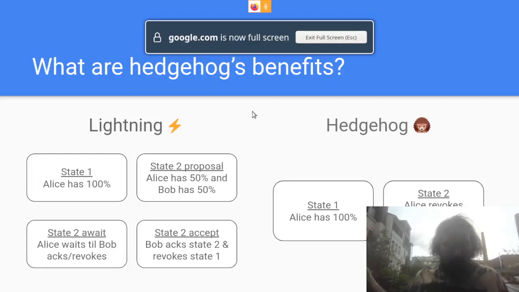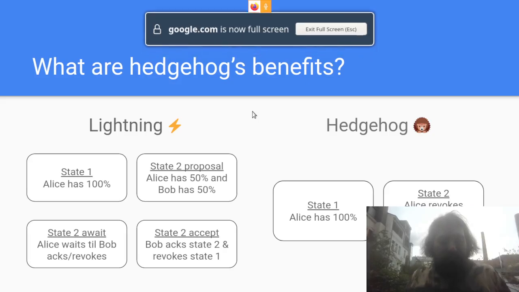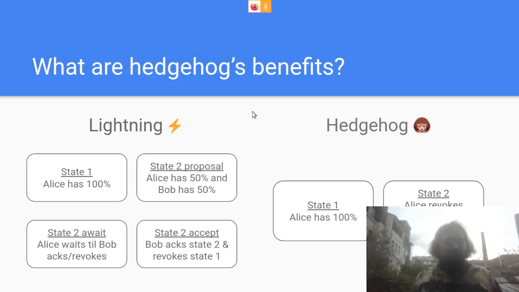Okay, so in Lightning, when you want to make a state update, you propose a state update, and then you wait while your counterparty decides whether they want to accept it or not. And once they do, they do something called ACK and revoke, where they say, all right, I acknowledge the new state, in this case the 50-50 split, and I revoke the previous state where Alice had 100% of the money. So in Hedgehog, it's a much simpler procedure, where if Alice wants to send Bob money, or vice versa,